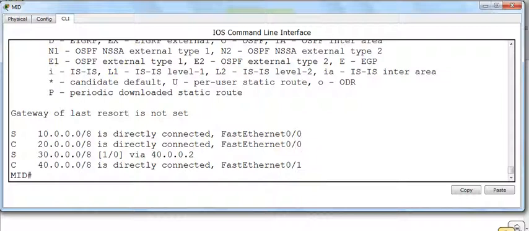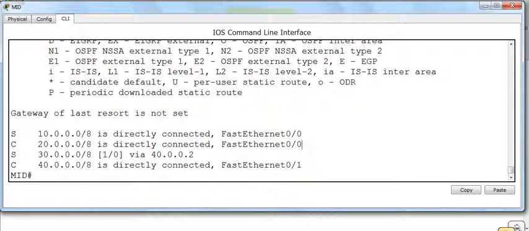Right. Static route is more good, and static routing will give you control over your network, because in coming classes you are going to learn about dynamic routing protocols. When you compare to dynamic routing protocols, static routes are very good because you have control over your network. You configure the route, you know via which path the packet is sent. You have control over your network.